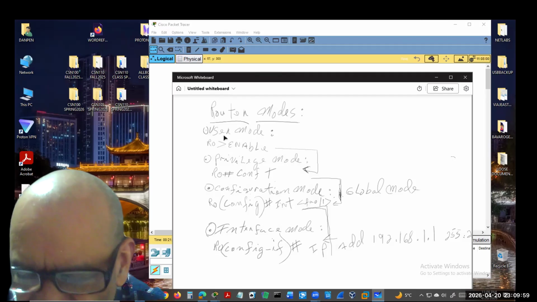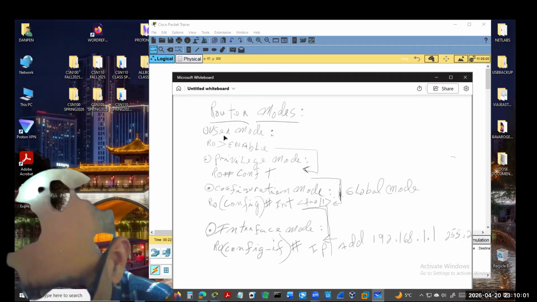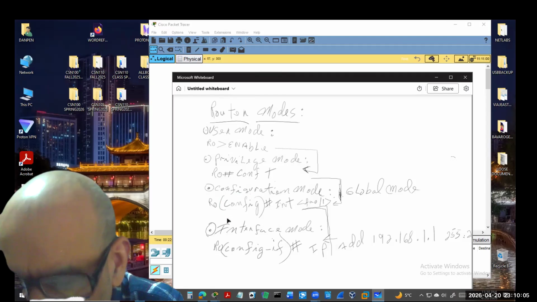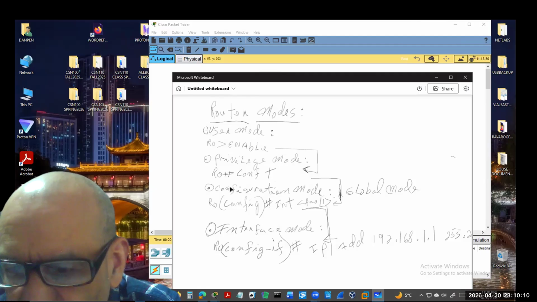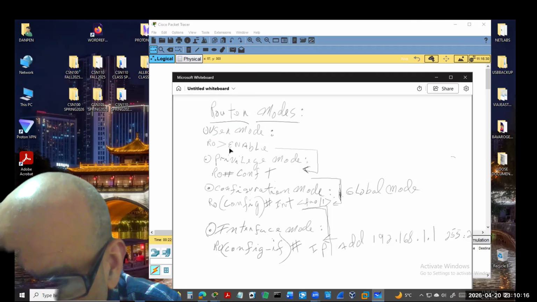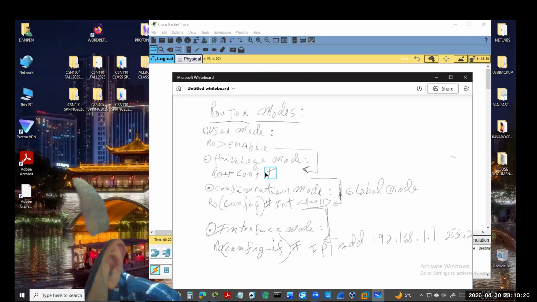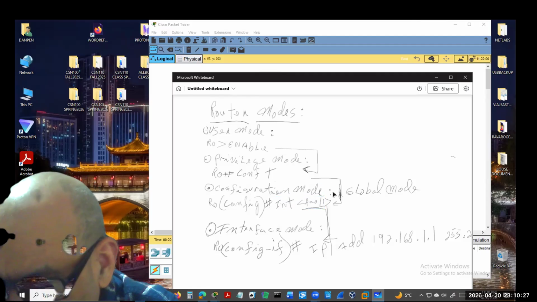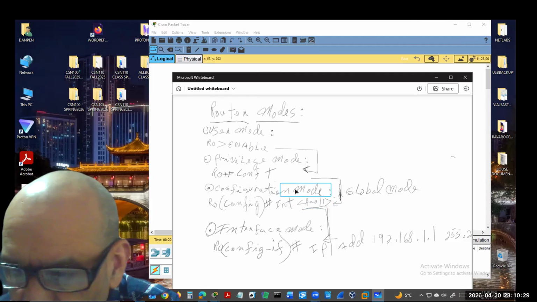Maybe in CSM 120 you'll learn some more, a ton of them really, for different commands and stuff like that. Anyway, when we turn on the router, you end up in user mode. To go to privilege mode, you use the word enable. Once you're in privilege mode, to get to configuration mode, and we're definitely going to spend a lot of time there configuring the router with different commands,